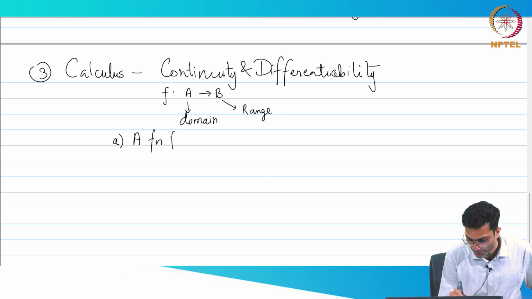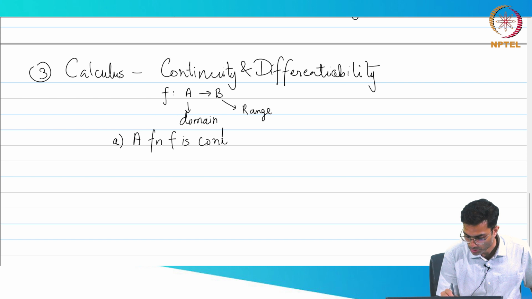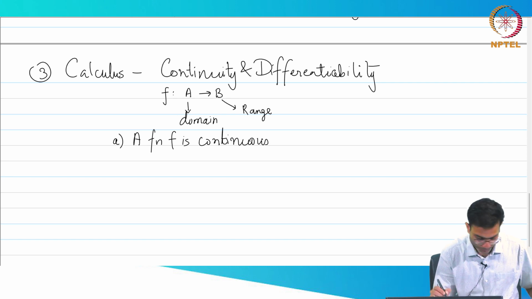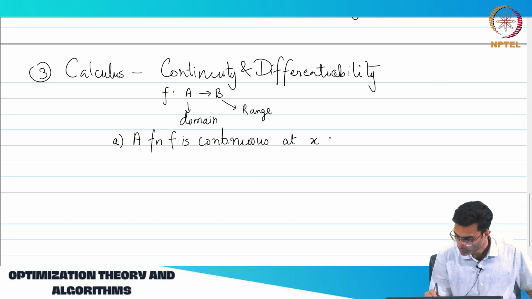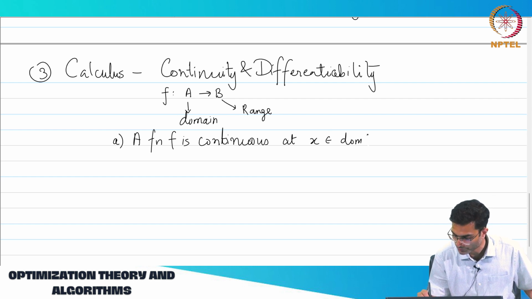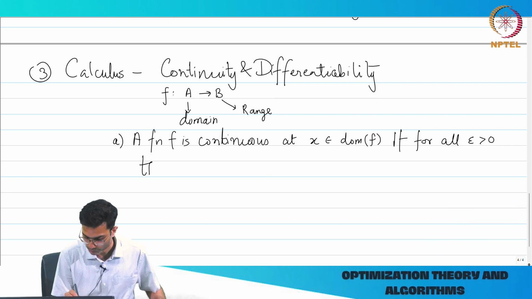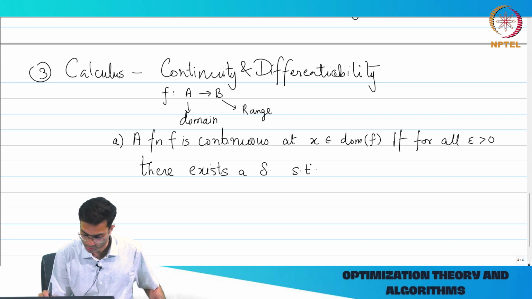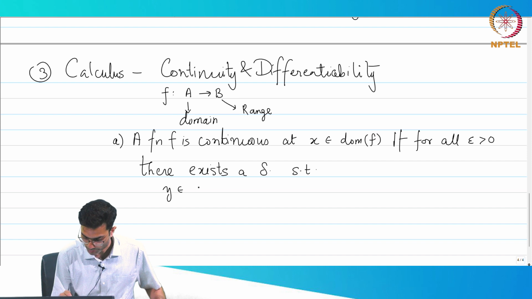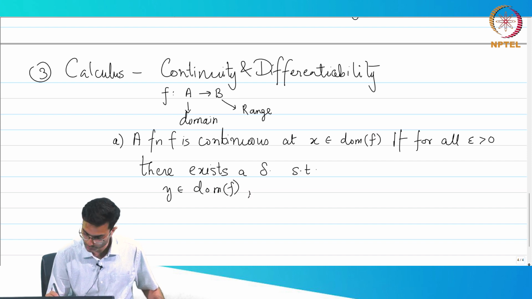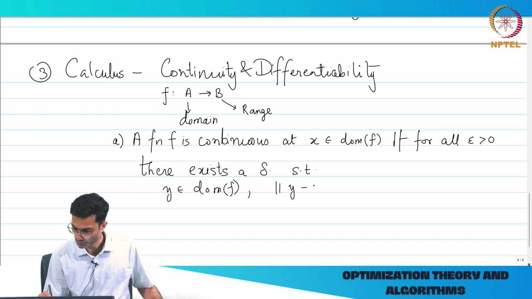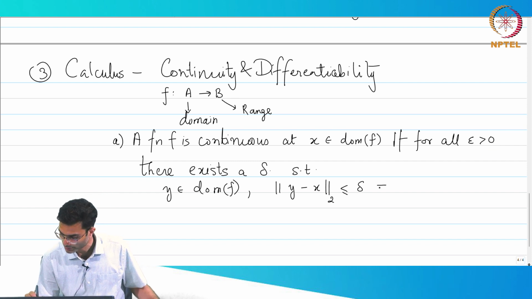So, a function f is continuous at x that belongs to the domain of f, okay, if for all epsilon greater than 0, there exists a delta such that y belonging to domain of f, the distance between y minus x, obviously 2 norm, is less than delta, implies that